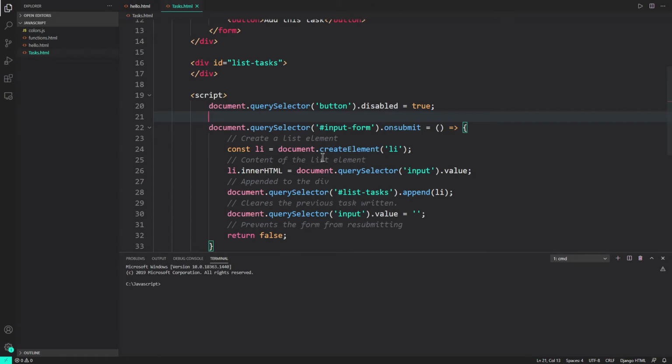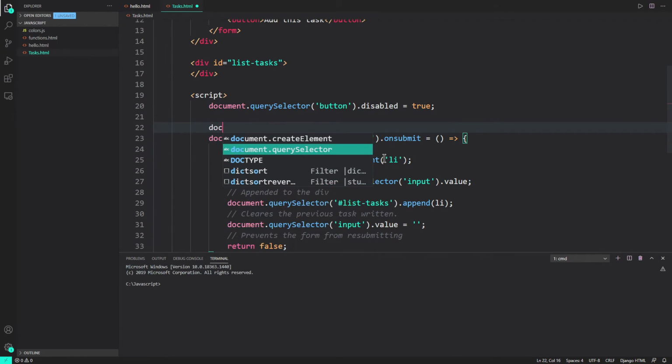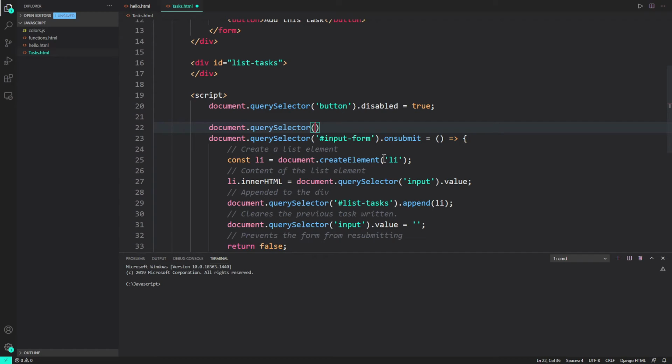So for that there is an event listener present in JavaScript which we will use, that is document.querySelector. Firstly I will select the input bar and say onkeyup, which means when I release a key, so it is called onkeyup.